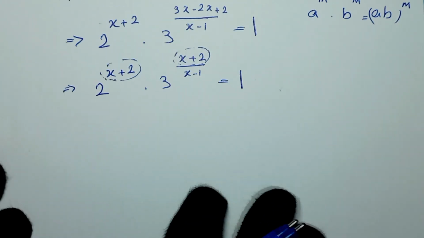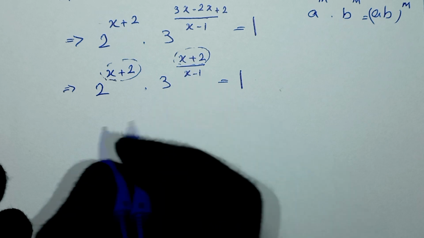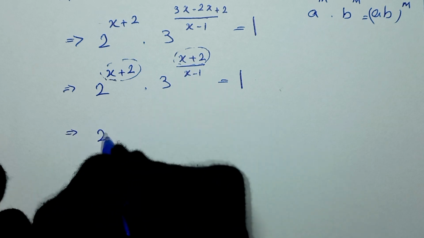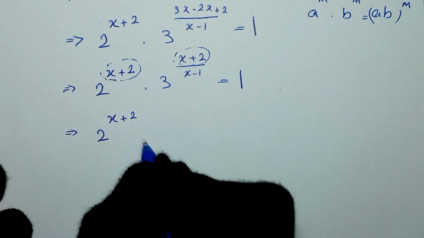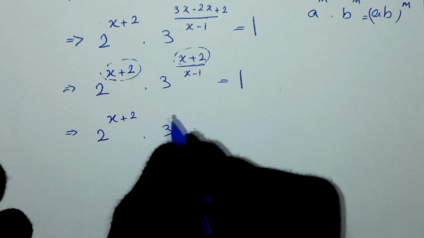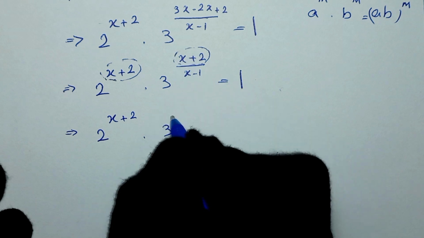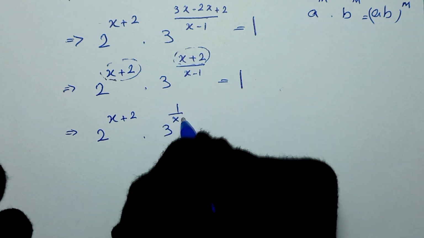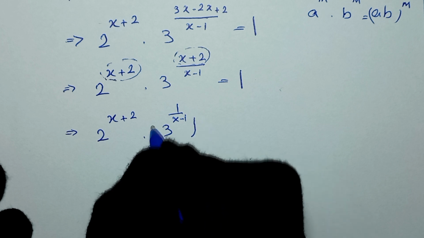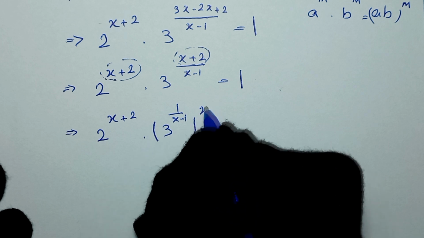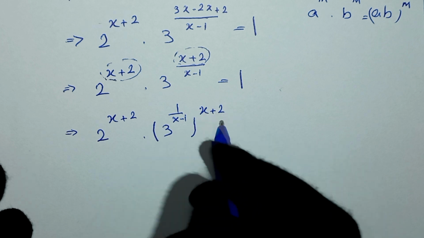And in here we can write this as 2 to the power of x plus 2 times 3 to the power of this 1 over x minus 1, okay, to the power of x plus 2,